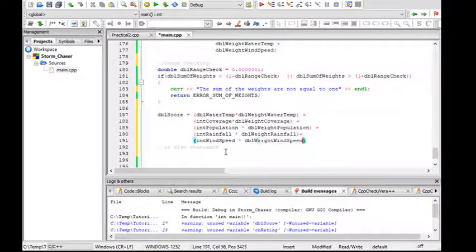Okay, wind speed. There we go. So this line of code purely populates this value here. Now I'm going to test this value given a specific criteria, and the criteria is a